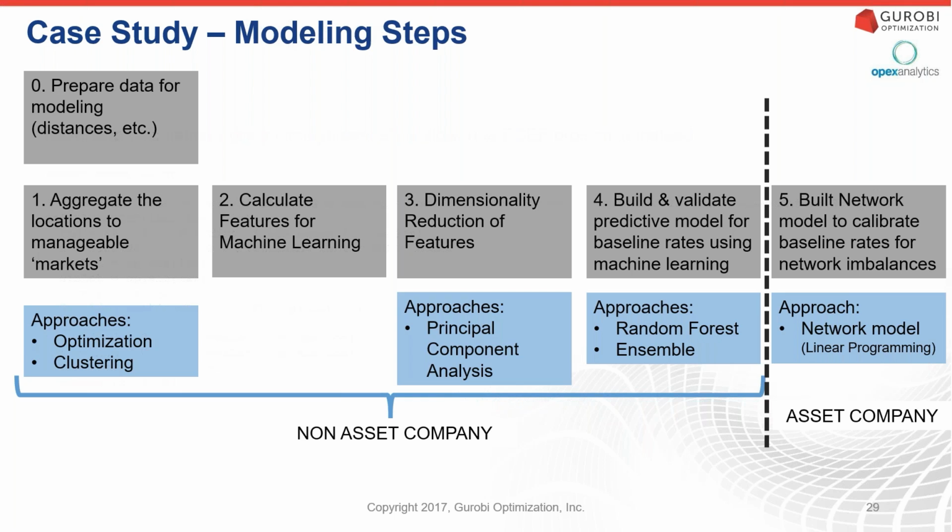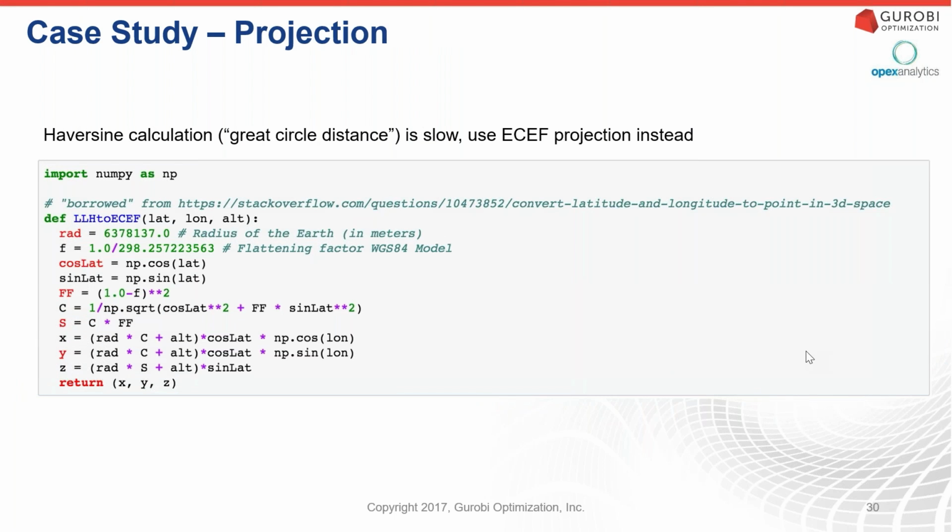So it'd be a whole other case study on that, where the optimization model would be the primary one. Here, what we're going to show today is we're going to focus on just the machine learning part to prep this, which was good for the non-asset company, and think about this would be an input to the optimization model. All right, with that, I'm going to turn it over to Sam, and he's going to provide more details on how this works and lift up the hood a little bit.